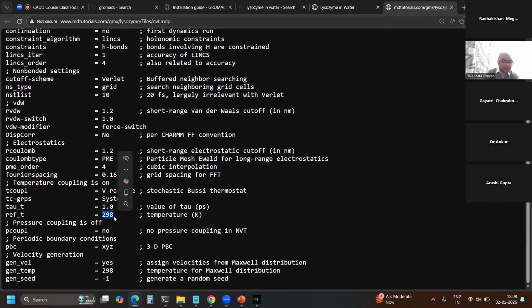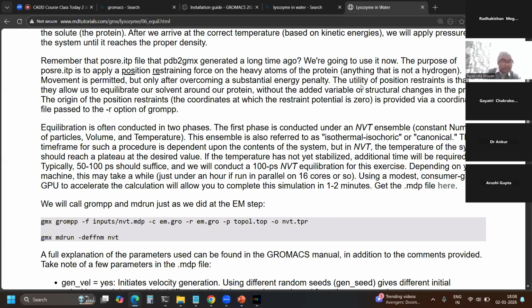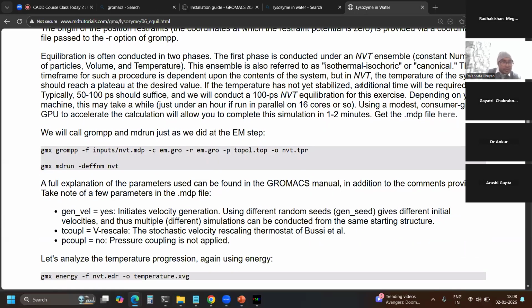That means it will try to bring the temperature of the system to 298 Kelvin. The rest you will understand later. At the beginning you cannot get all the things about the parameters; you should learn step by step. So this is the first command for generating the tpr file of